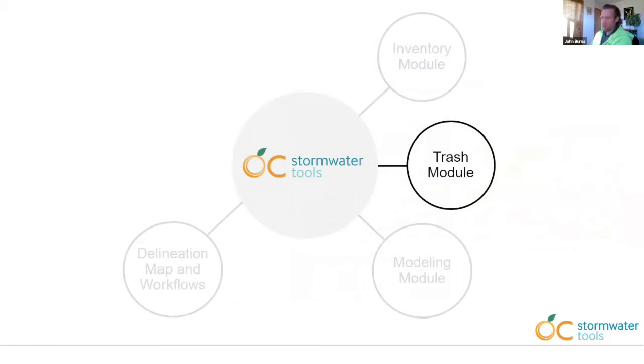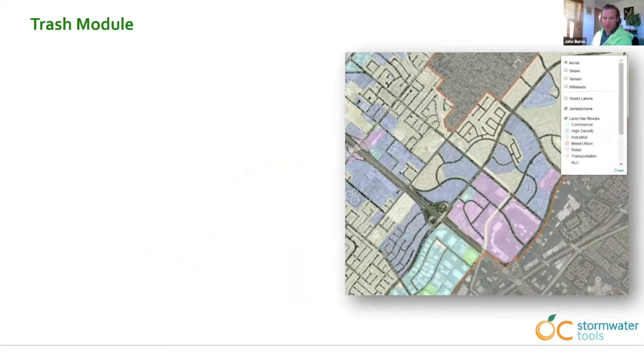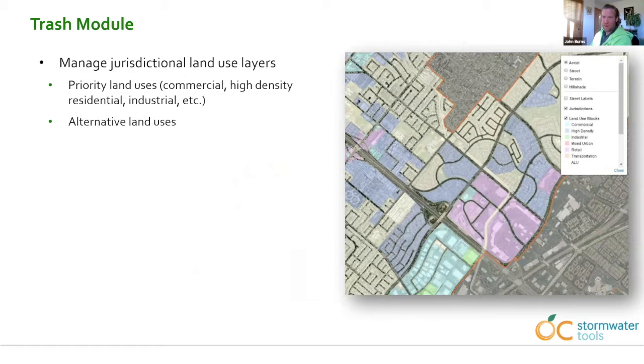Next, I'll talk about the trash module, which was the module that was built to track permittee progress towards Orange County's trash requirements. The trash module utilizes reference information provided by the jurisdiction, the priority land uses, those commercial, high-density residential and industrial land uses that generate the most trash load, and then some alternate land uses where jurisdictions may choose to perform a control if they can demonstrate that control of trash on the alternate land uses would produce a greater benefit than control on the